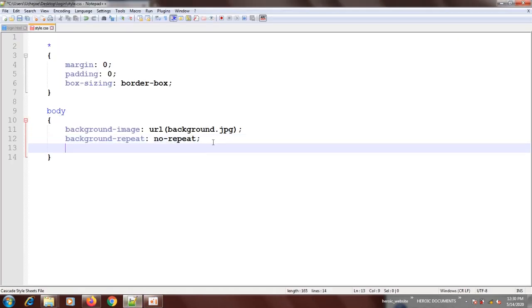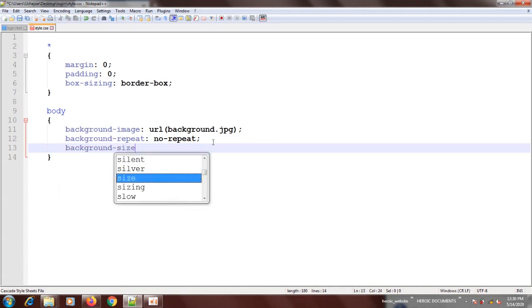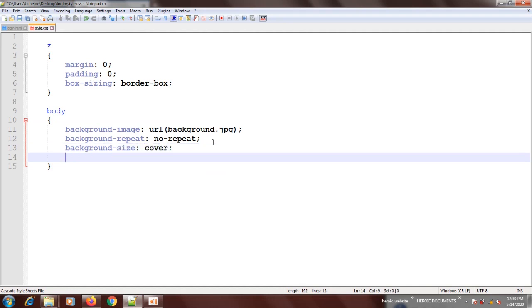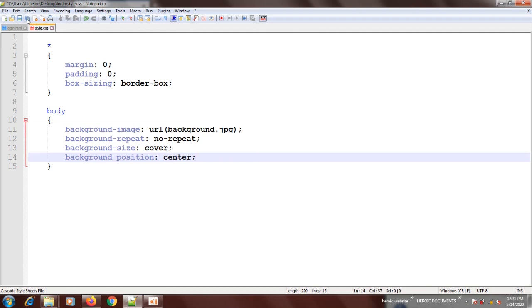So we're going to say background-size: cover. Okay, background-position: center. Okay, let's see what we have now.